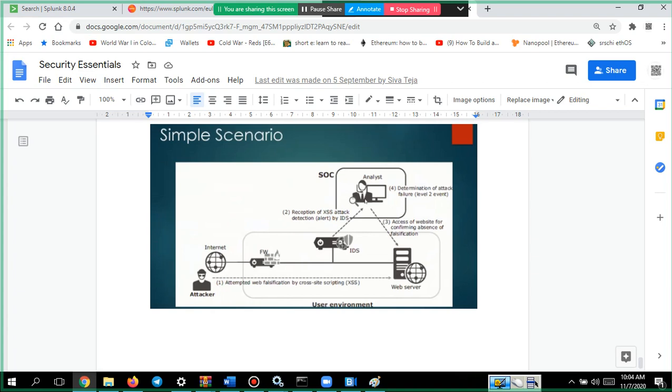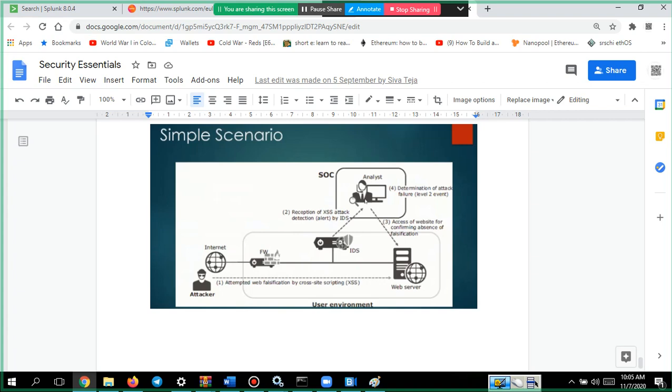Attacks are not pointed only at web servers; sometimes attackers try to break into the firewall, or into the IDS and IPS. What if he compromises the IDS and removes all the signatures in it, so that every traffic passing through looks genuine?